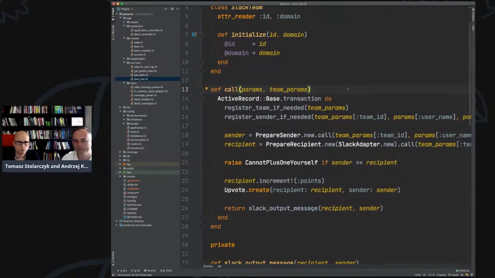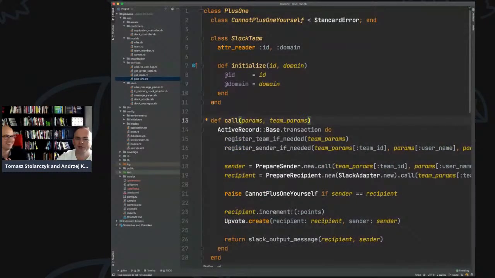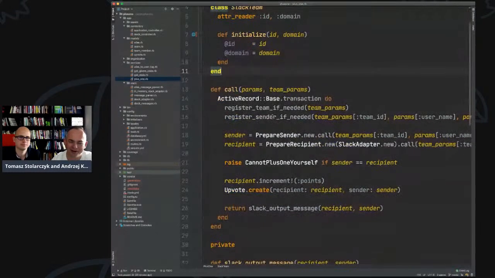Yeah, I think so. The first time I saw it, I thought that this +1 was some kind of value object. For me it was a domain object, but then I saw that it's a service. Yeah, that's the convention in Ruby, that you create a class and often you have a call method. And call is a convention because it's almost syntactically supported. If it has a call, so just a lesson for Tomek.